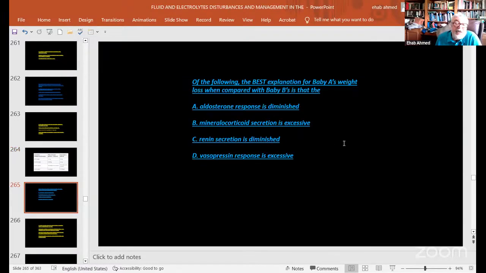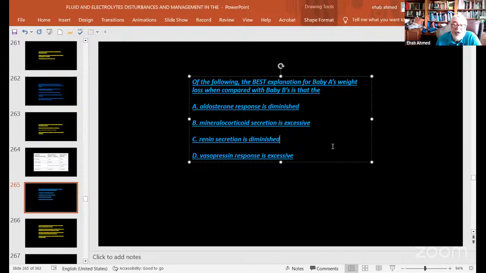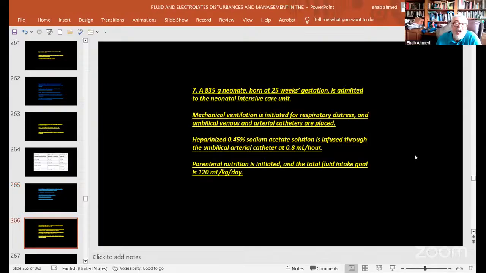is that aldosterone response is diminished in the preterm infant. Mineralocorticoid secretion is excessive in the preterm infant. Renin secretion is diminished, or vasopressin response is excessive. Okay, so which of which? Then number 7,